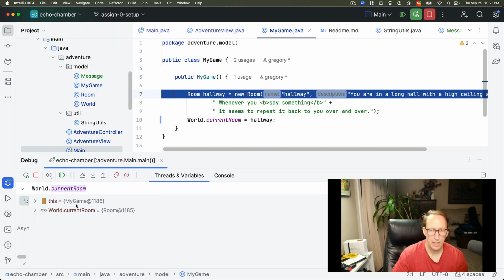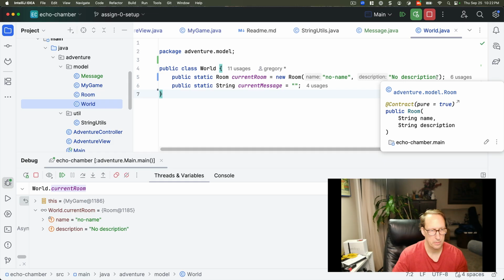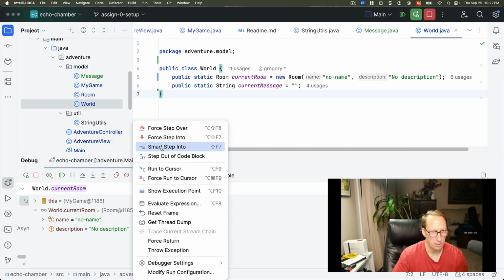Okay, I still have, it said remove all watches, but it just removed one, it looks like. So I'm left with this one, and I'm going to expand this, and it says no name, no description. And if you look at world, it gives you no name, no description right off the bat, all right? But I'm going to go back to our